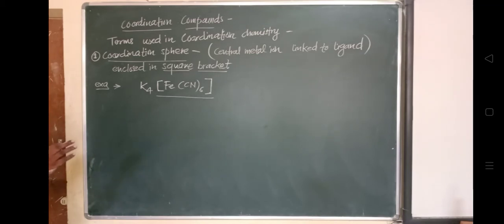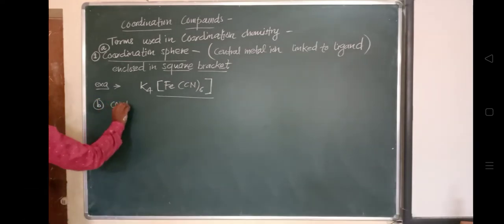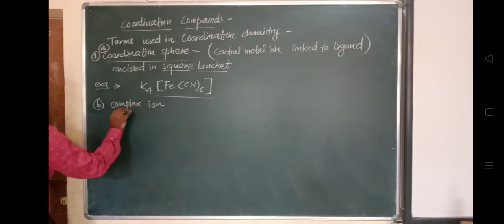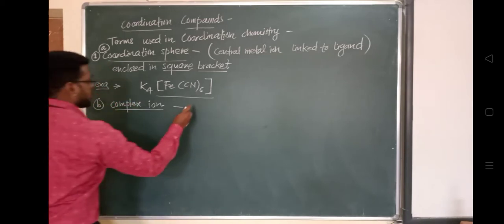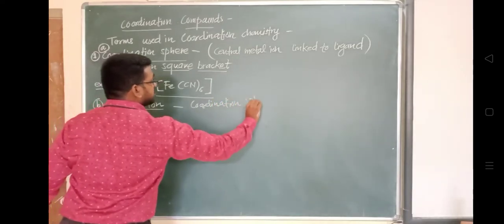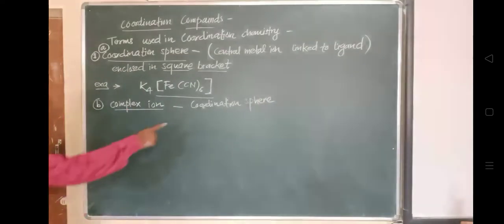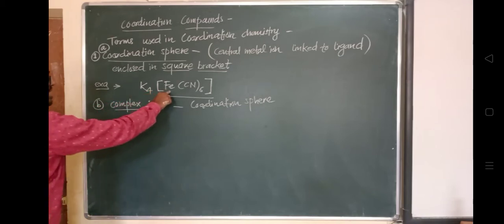This is the first part, A. The second part is B. So what is a complex ion? A complex ion is a coordination sphere. We have already studied that it consists of a central metal ion and ligands linked with each other. But when the coordination sphere, comprising the central metal ion and surrounding ligands, together carries a net charge,